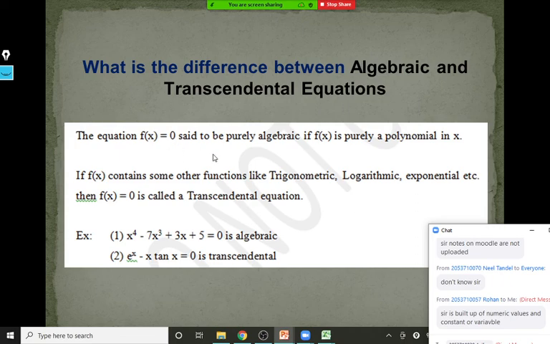The equation f(x) = 0 is said to be purely algebraic if it is a polynomial in x, just in the form of x raised to n. Here is the first example: x^4 - 7x^3 + 3x + 5 = 0 is an algebraic equation. While if the equation contains trigonometric, logarithmic, or exponential terms,